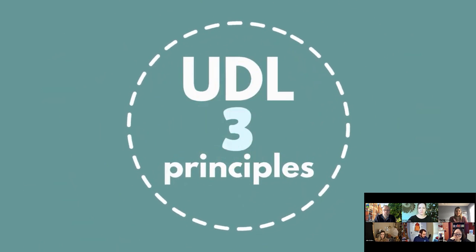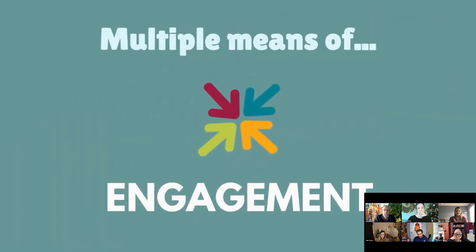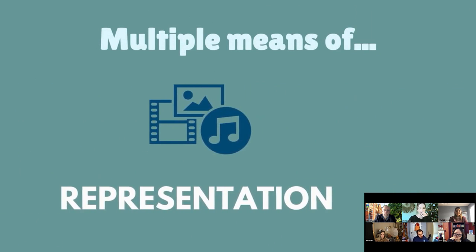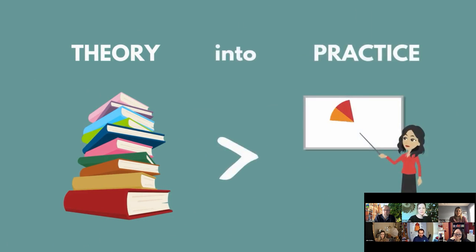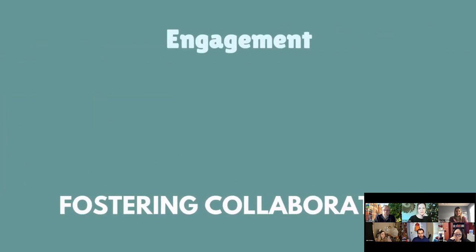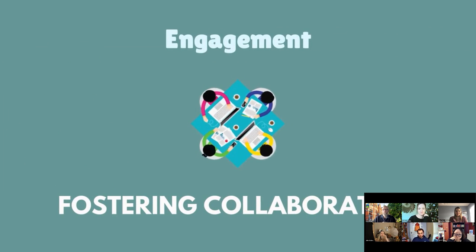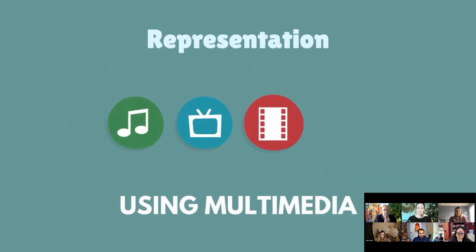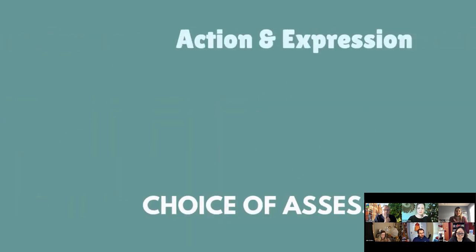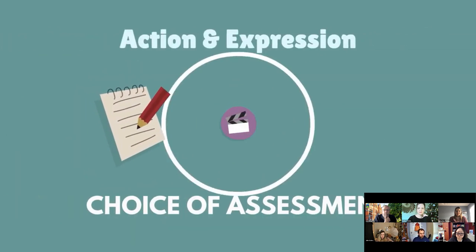It promotes 3 core principles for educators to build into their teaching practice, calling on them to provide students with multiple means of engagement, representation, and action and expression. The framework includes a set of guidelines on how you can turn these principles into practice, for example, by fostering collaboration with the introduction of group work with clear goals, roles, and responsibilities, by using different types of media to support learning and ensuring that all materials are accessible, and by providing a choice of assessment instruments while maintaining robust